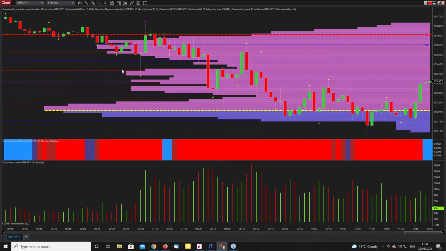It's got to battle through all this stuff here. This volume sits all the way in this area. There's no tiny reduction here maybe for a couple of pips, but generally speaking it is pretty much solid. So for this to push through here, you've got to see some decent volume in here. You've got to see rising volume, and then the next thing you're looking at is, well, if I'm going to take a trade to the upside, first of all it's got to batter its way through this lot.